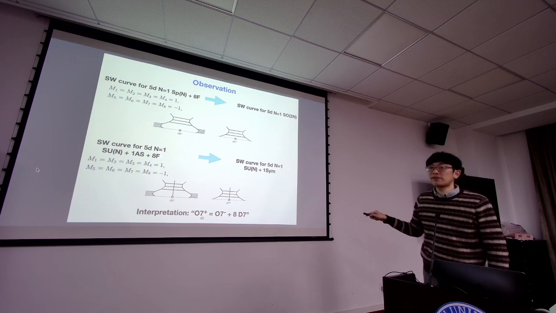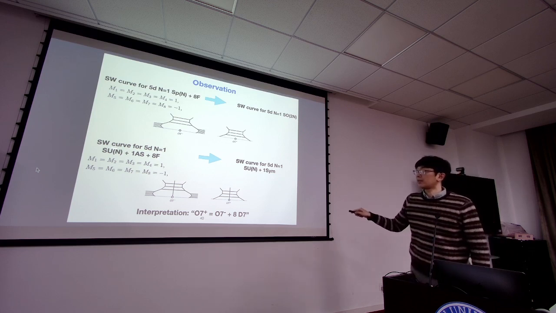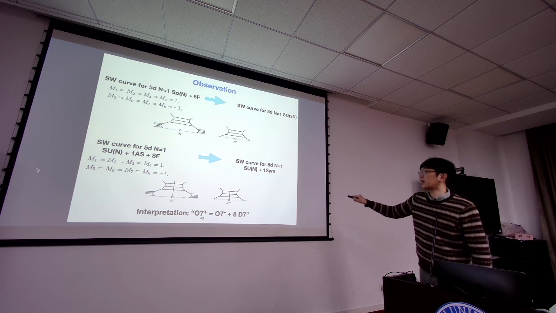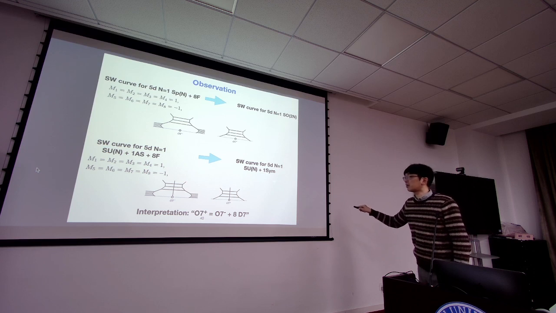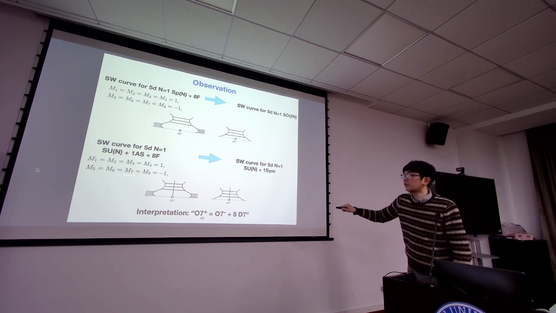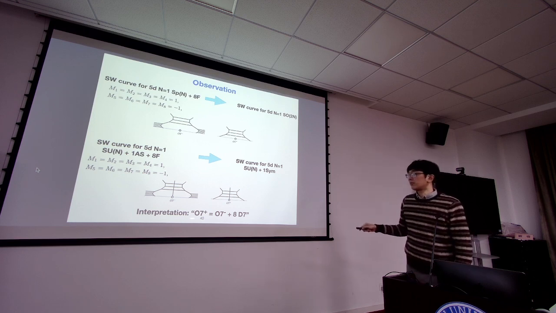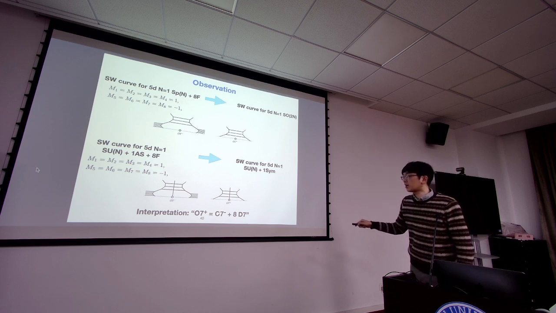And a similar observation was found also in this: the Seiberg-Witten curve for 5d N=1 SU(N) with 1 symmetric plus 8 flavors is identical to the Seiberg-Witten curve for 5d N=1 SU(N) with one symmetric tensor if we tune the mass in this way. So the interpretation is that, at least at the level of charge, O7+ has the same charge as O7-